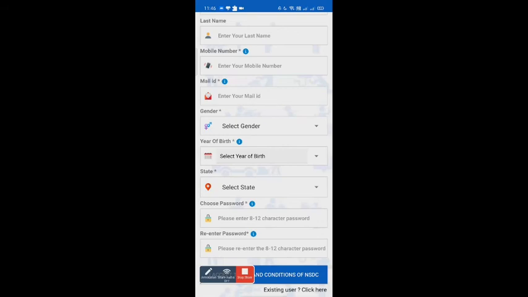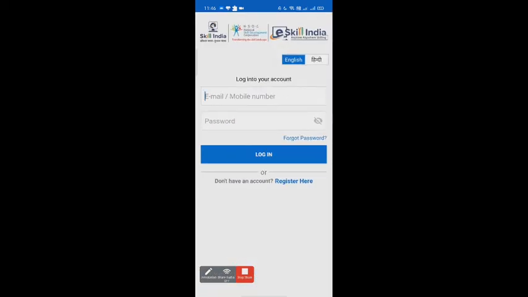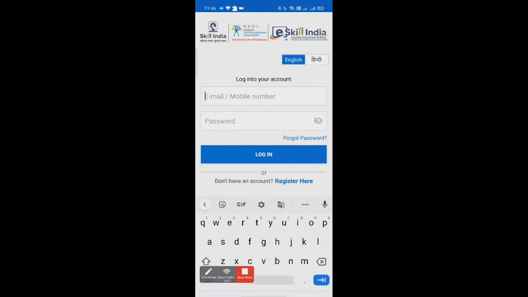Okay, so those of you who are done with your sign up, go back. You can enter your email ID or mobile number here and your password here. So those of you who are still in process of sign up, please इधर एक बार ध्यान दे दो, बताता हूँ आपको क्या करना है, फिर कंटिन्यू। सो यहाँ पे ईमेल आईडी डालोगे, यहाँ पे आप पासवर्ड डालोगे। सो लेट मी लॉग इन।